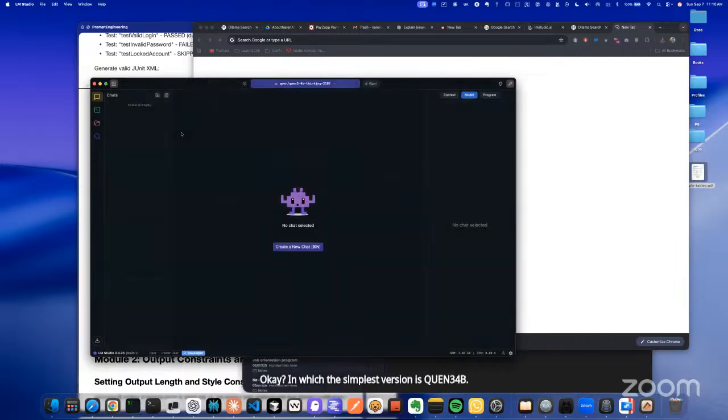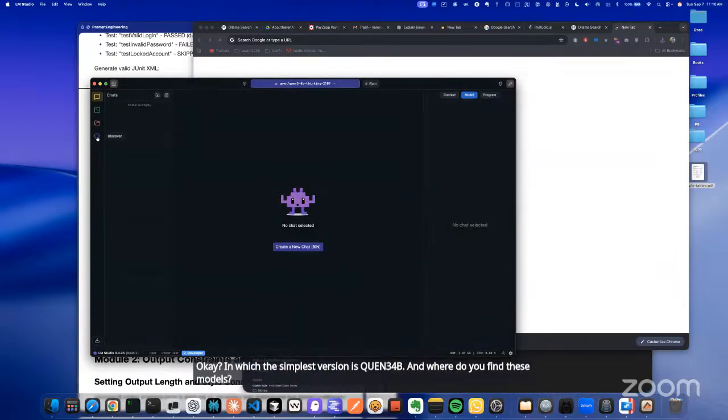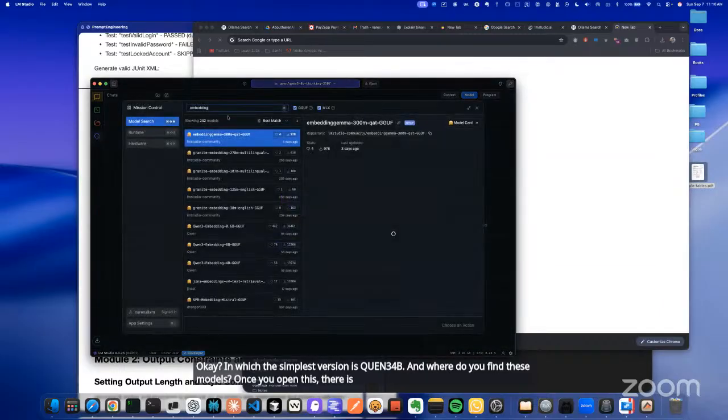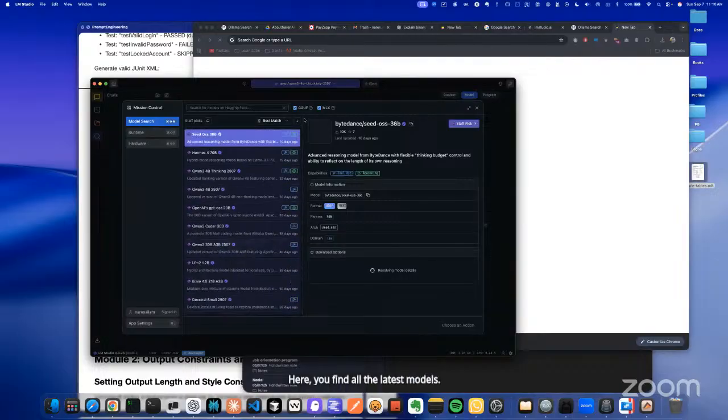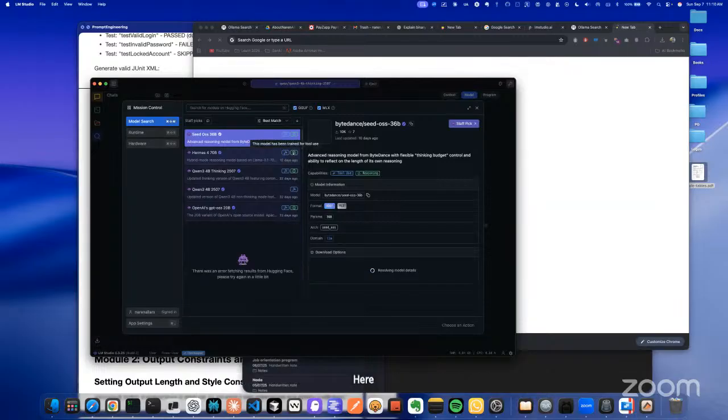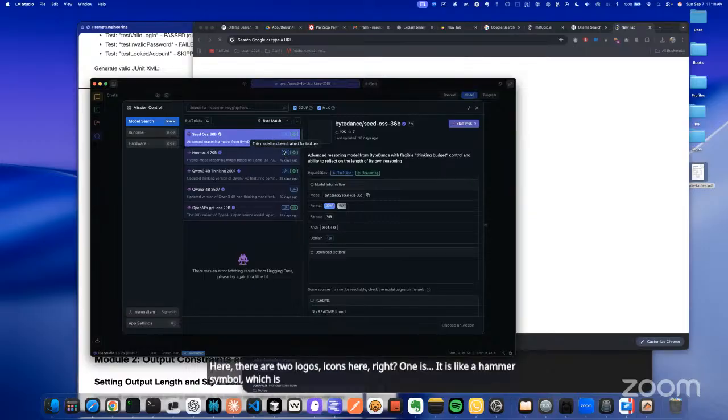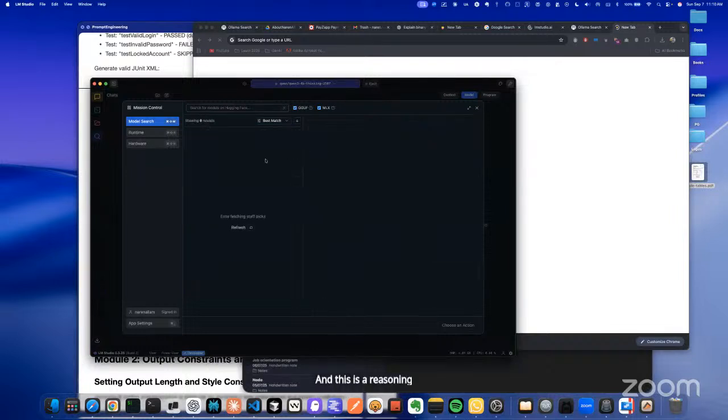And where do you find these models? Once you open this, there is a search bar here, right? Discover the models. Here you find all the latest models. And if you look at these models, there are two logos, icons here, right? One is like a hammer symbol, which is basically tool, and the brain symbol is reasoning. These models are capable of